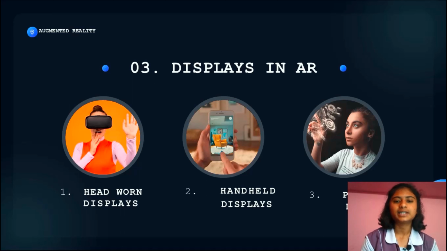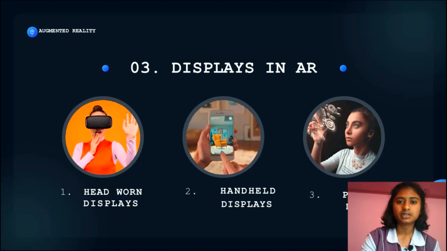So we'll see brief into each of these topics. The first is optical see-through HMD. This can be implemented by placing an optical combiner in front of the user's eye to experience the augmented reality. And the next is virtual retinal systems, which is like projecting a beam of light directly into the retina of the user's eye.